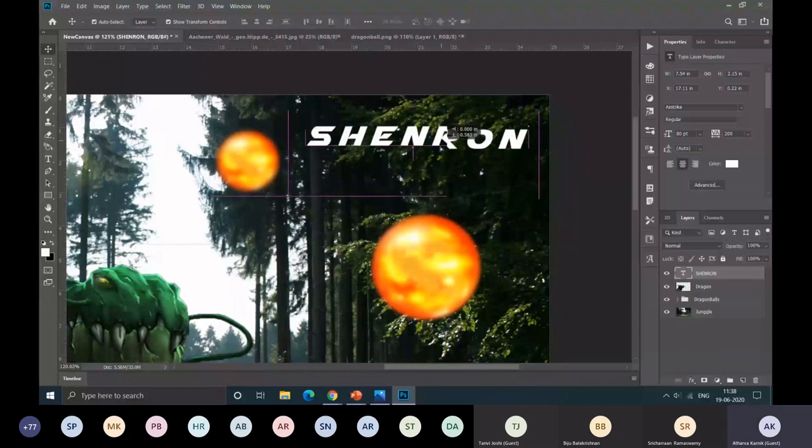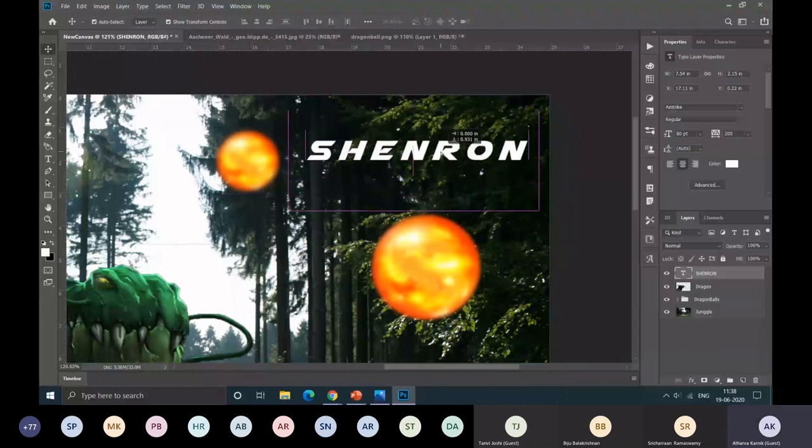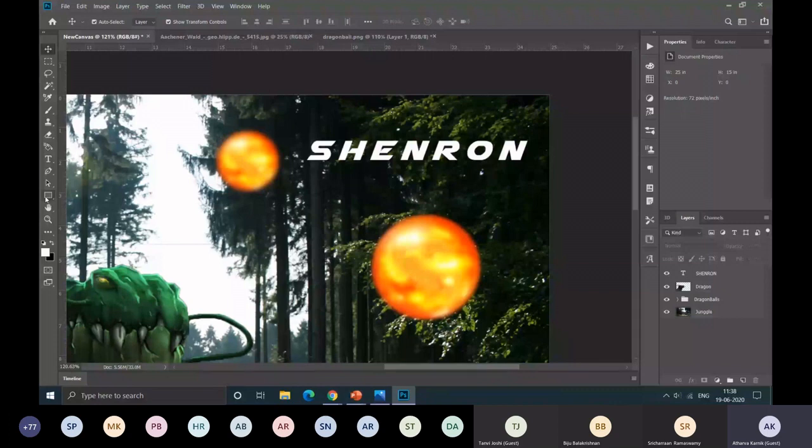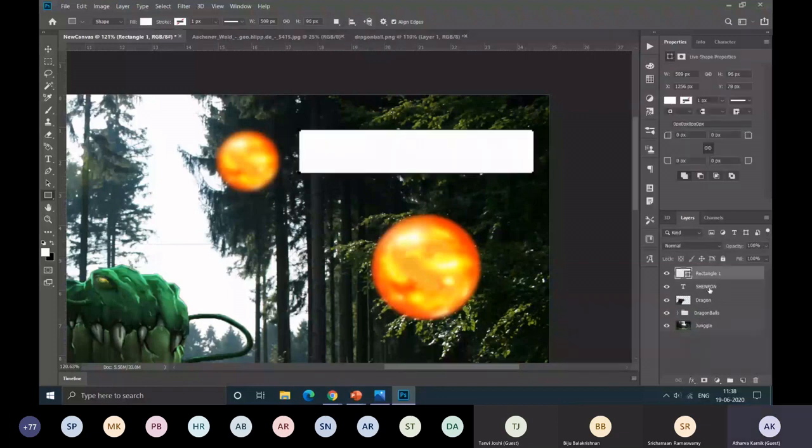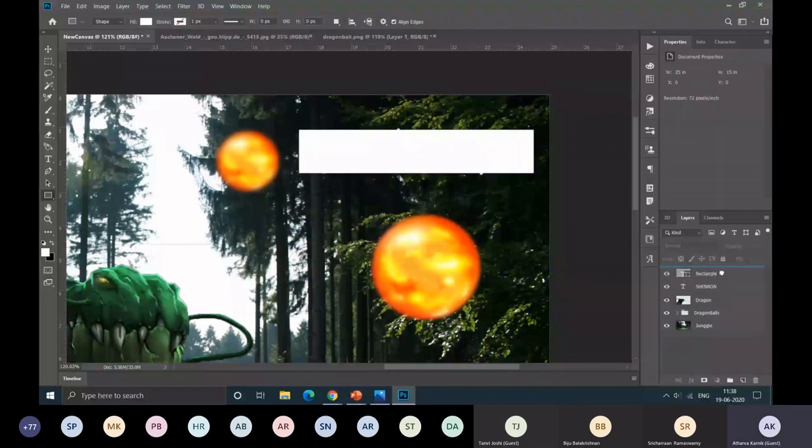Now let's add the background to this font. So to add background, go here, and this is the shape tool. And right click here. You can see its subtools like rectangle tool, rounded rectangle tool, ellipse tool, polygon tool, and line tool. So we'll select the rectangle tool and draw a rectangle here, like this. See that the rectangle is white and it is above the text. So you know now how to bring the text forward. You can drag it from the layer panel like this.